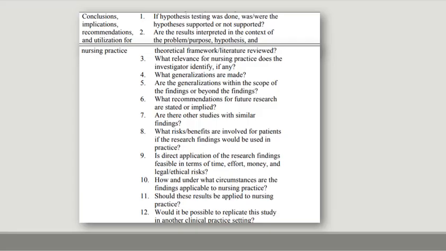Continuing on, did they describe the method section? Did it make sense to the point where you feel like you could have carried it out? Now, of course, if you don't have expertise in motion capture lab, biomechanics, things like that, maybe you wouldn't be able to understand it. But in general, do you feel like it covered all the bases? Did they talk about their sample? Did they talk about the recruitment process? Did they note that the study was approved by an IRB, etc.?